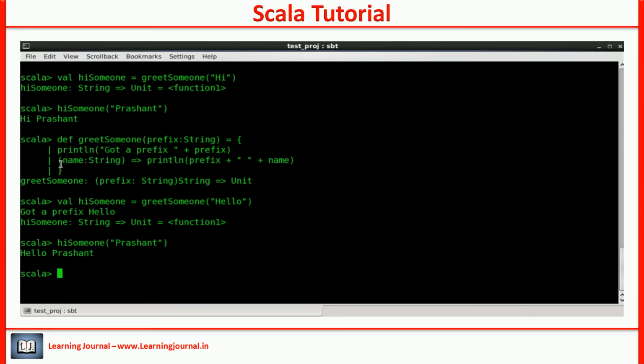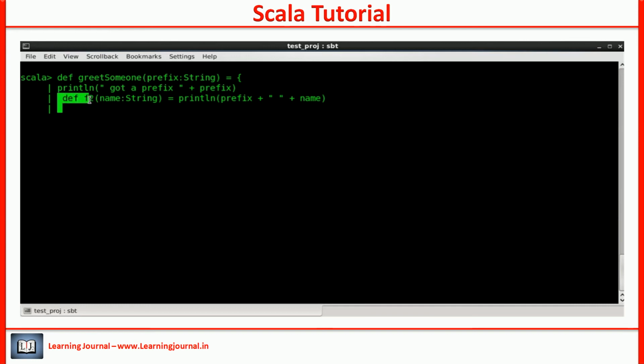So, if you want to return a function from a higher order function, all you have to do is to create an anonymous local function as the last expression of the outer function. The most important point to remember is that this guy that you want to return, it must be an anonymous function. You give it a name and it becomes an ordinary local function. You can still return an ordinary local function, but you have to do some extra work.